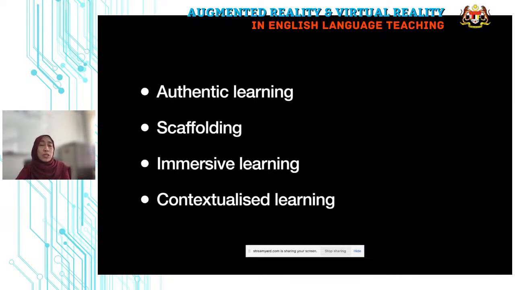Therefore, when we use AR and VR, we can say that learning is very contextualized. It is more of the real world, and therefore it is very contextualized because it is something near to them. Like for example Minecraft, like for example Pokemon Go, something that is very contextual, that is around them. So we don't have to create aliens for them to use, for them to learn.